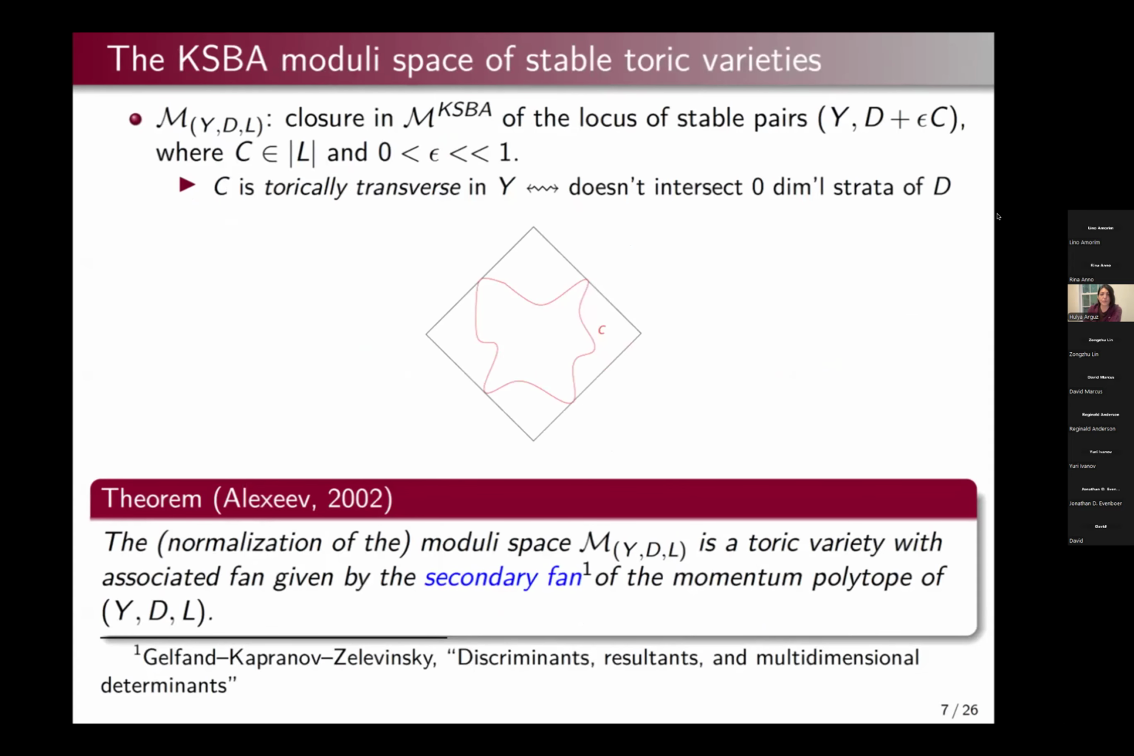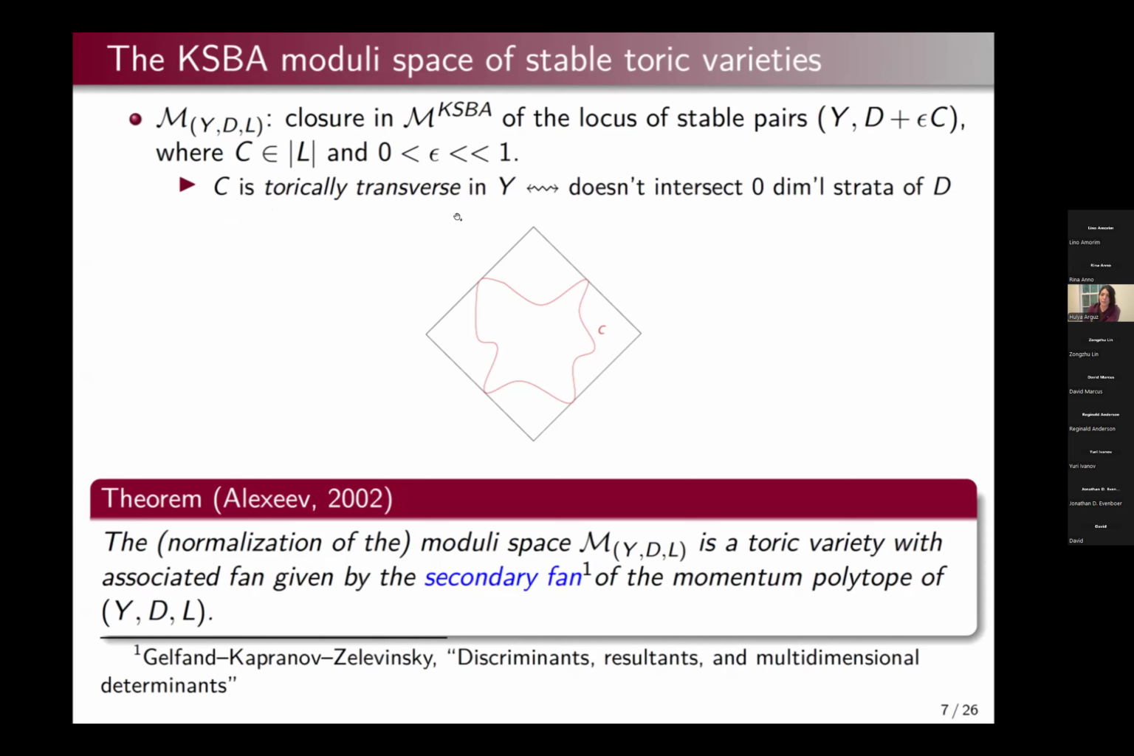So if you look at the KSBA moduli space, which I denote by M(Y,D,L), it's defined as the closure of all stable pairs Y, and as a divisor, I'm taking D plus epsilon C, where D is the toric boundary divisor, epsilon is a very small positive number close to 0, and C is any curve in the linear system of L. And one can show that if you take epsilon small enough, this moduli space will be independent of the choice of epsilon, and it will consist of only torically transverse curves